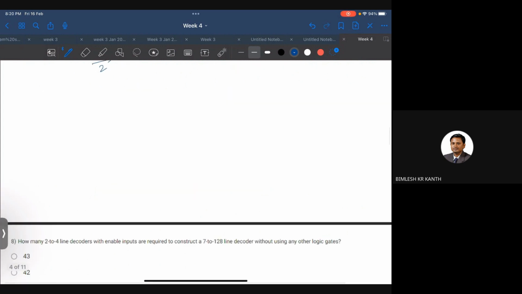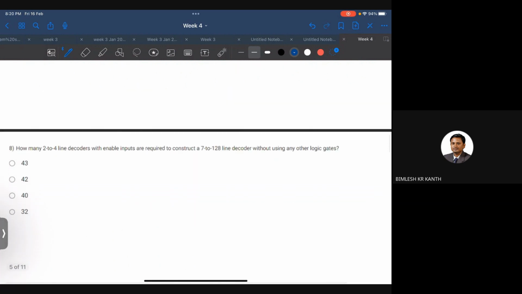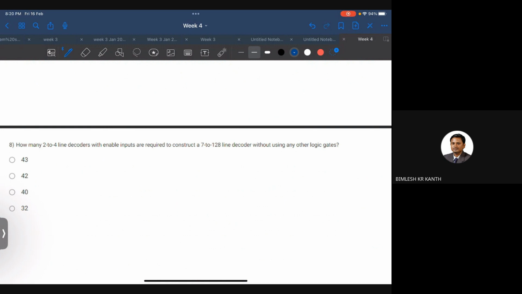Okay. And now there is a sum: how many 2 to 4 line decoders with enable inputs are required to construct a 7 to 128 line decoder? Here you have to do 128 divided by 4. What is the number we'll get? 32. 32 divided by 4 will be 8. 8 divided by 4 will be,